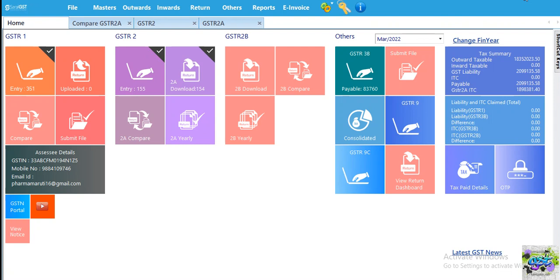Today I'm going to show you the demonstration of Saral GST software for the purpose of reconciliation of GSTR2A with